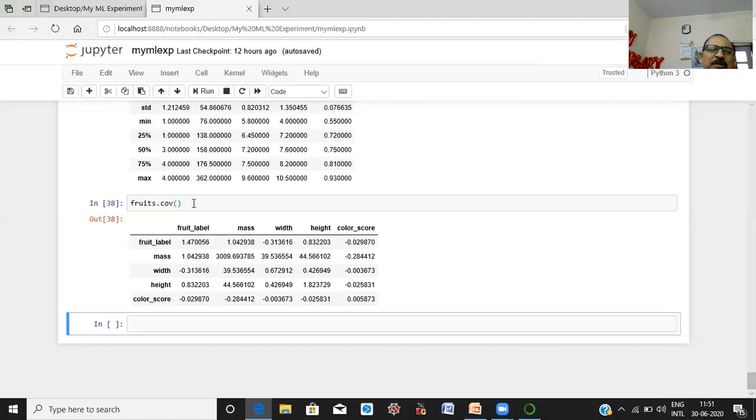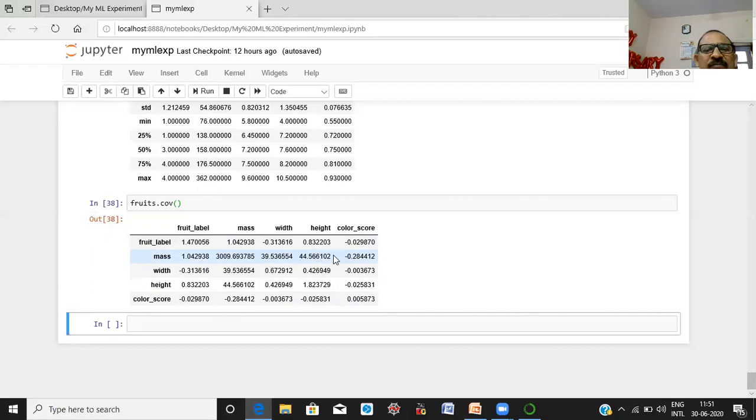Once again, I am repeating this. A positive value means two variables are positively related, and negative means the variables are inversely related. For example, let us take these values. Mass with the height, 44.56.